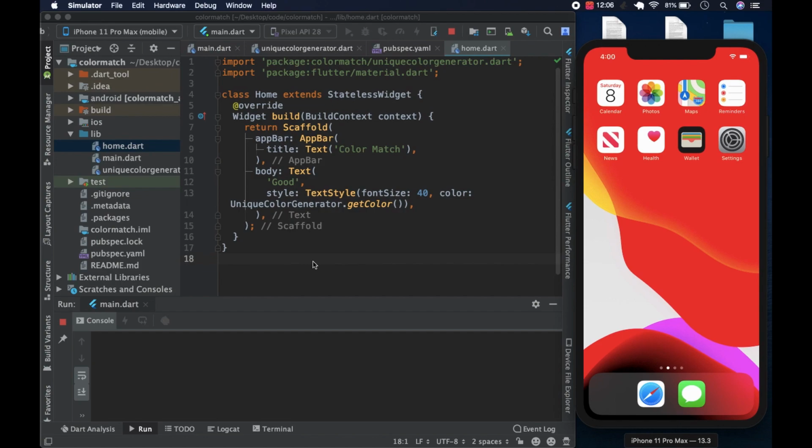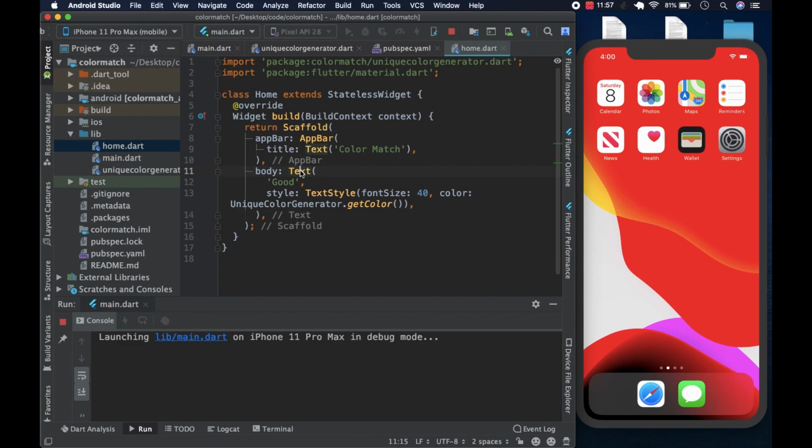So back on our app, first thing we're going to do is a bit of cleanup, or even better yet, we could reuse the text here. We could first stack it. We could put it in a column so that we can also have the other widgets that will follow later. And what we could do is wrap it in a column widget, right? A column widget